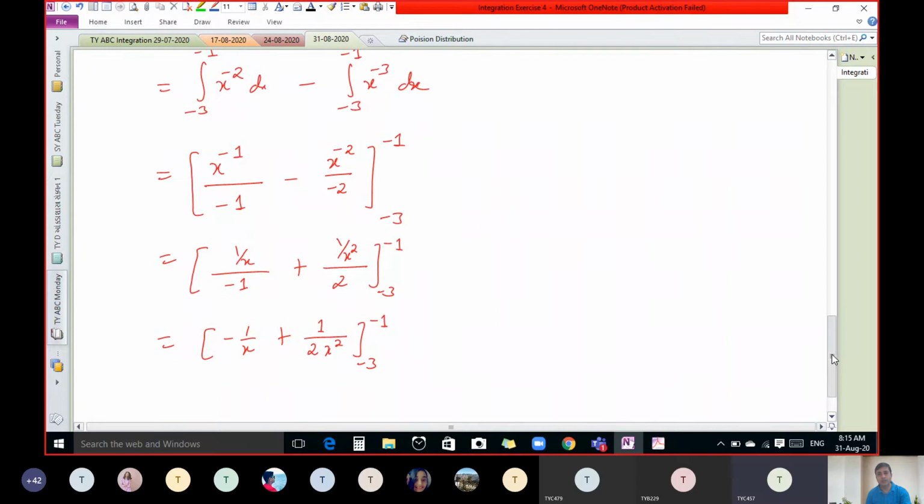Last two steps? The 4th and 5th one? Yes, that one. Okay. Any problem up to here? No sir. Okay. Now listen. What is x raised to minus 1? x raised to minus 1, you can write 1 upon x. Tell me, any doubt up to here? x raised to minus 1, can we write 1 upon x?